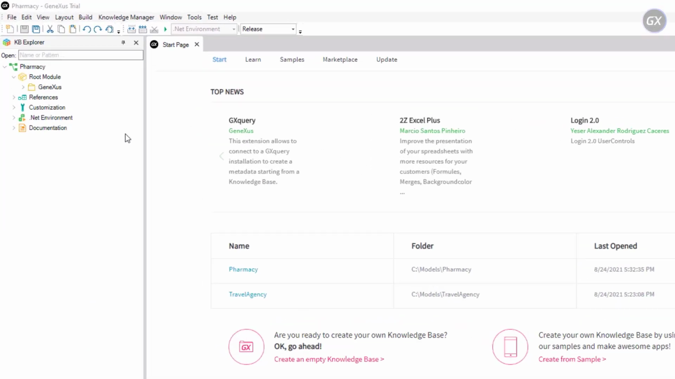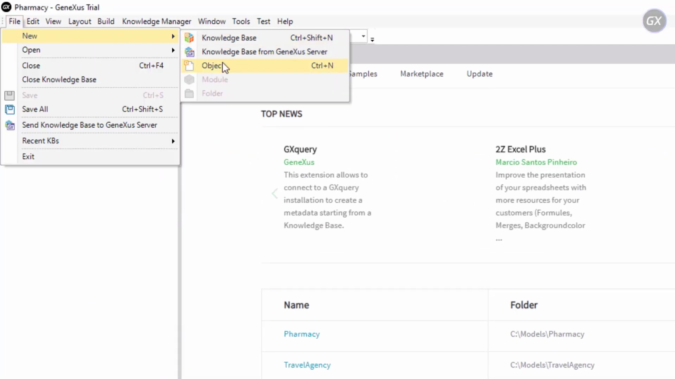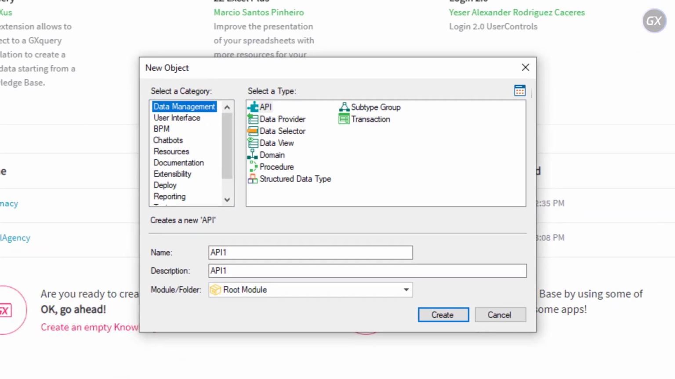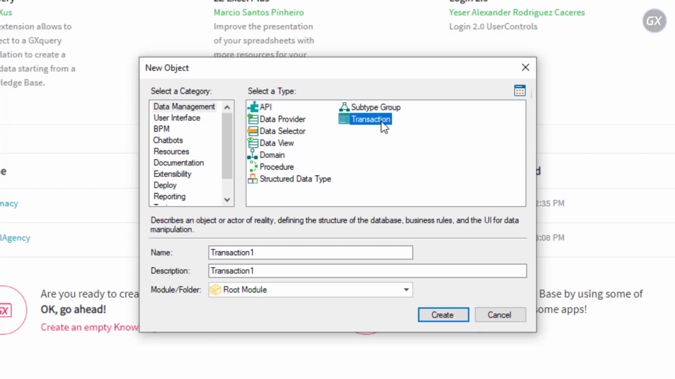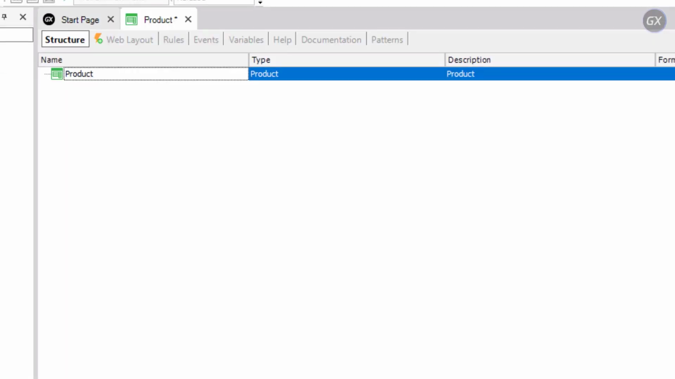To create a transaction object, select File, New, Object in the toolbar. This is the dialog box for selecting the type of object you want to create. We select Transaction in this case and enter a name for it, which in this case will be Product. By clicking on the Create button, the product transaction is created and kept open, ready for you to start defining